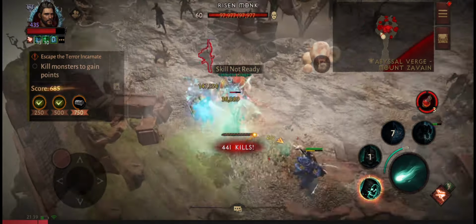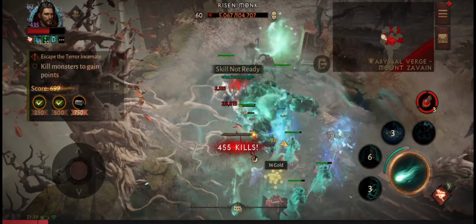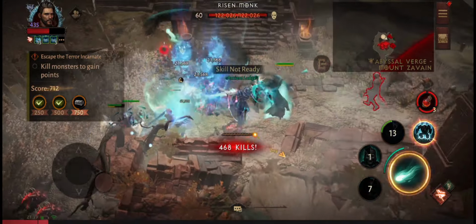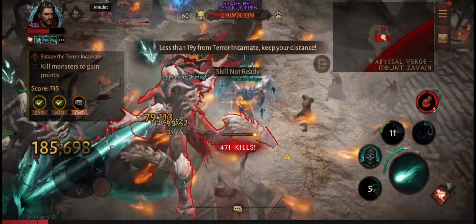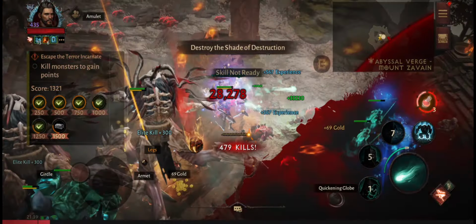Okay, let's see if we can take out some of these enemies around the boss before we kill the boss itself. We took out quite a few. I'll start damaging the boss a bit and then take out these enemies on the right. So I got...